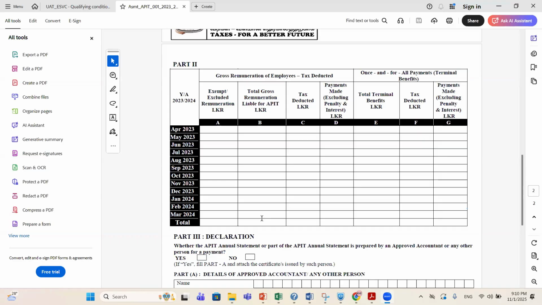So in case the employer provides fuel, it will be treated as a monthly benefit of 20,000, even for a public sector officer or a private sector officer. Once the employer provides the fuel, it will be treated as a monthly benefit of 20,000.